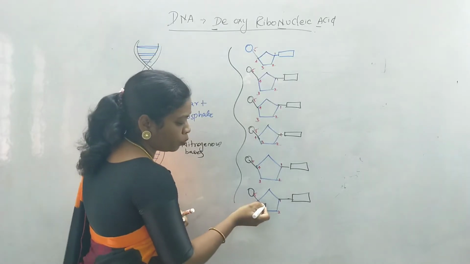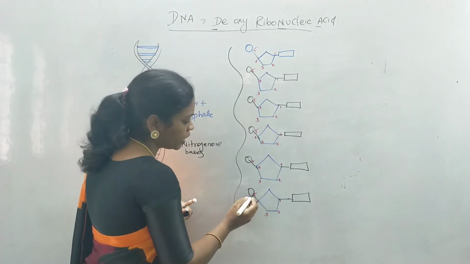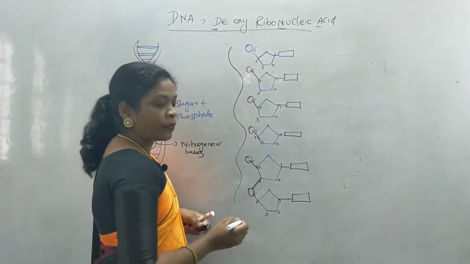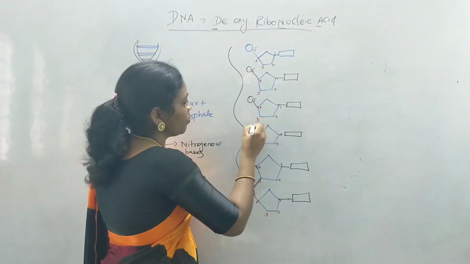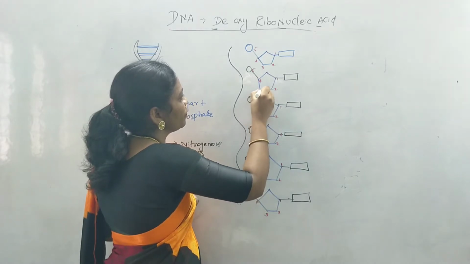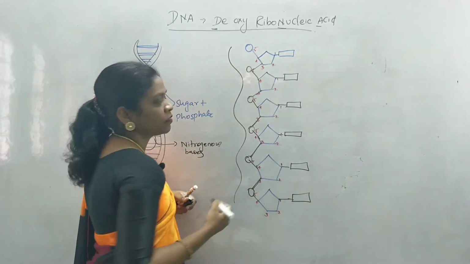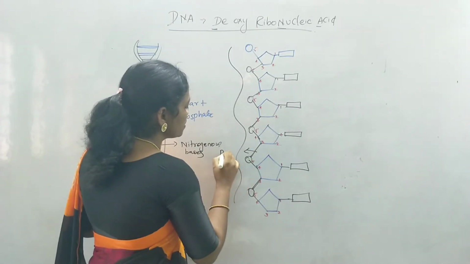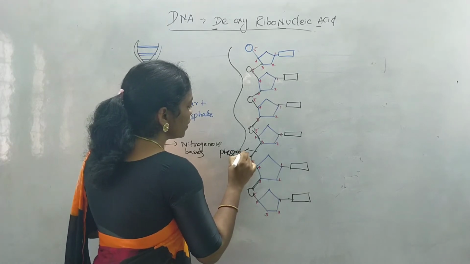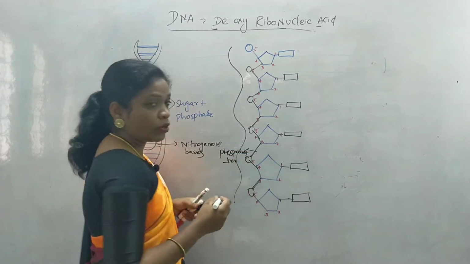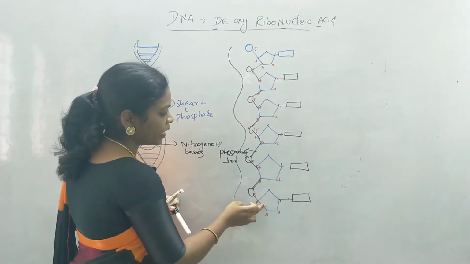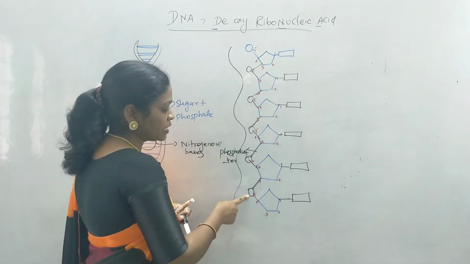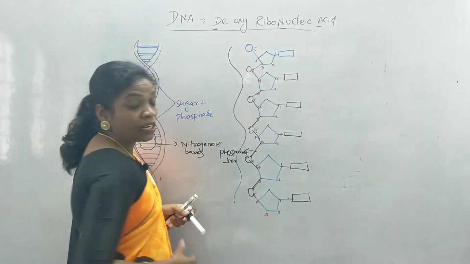The phosphate group of one nucleotide is attached to the third carbon atom of the adjacent nucleotide. Again here it is attached to the third carbon atom, from the 5th carbon atom to the third one. These bonds are known as phosphodiester bonds, and they are present between the nucleotides to connect them together. So the 5th carbon of one nucleotide, which contains a phosphate group, is attached to the adjacent nucleotide on the third carbon atom.